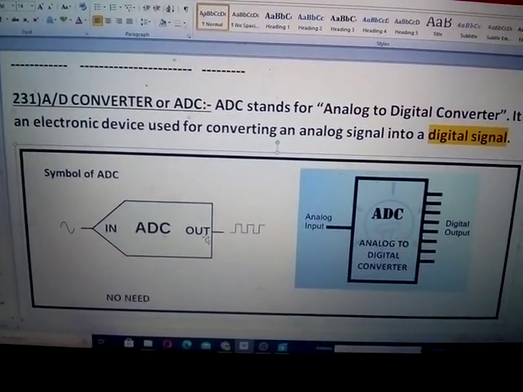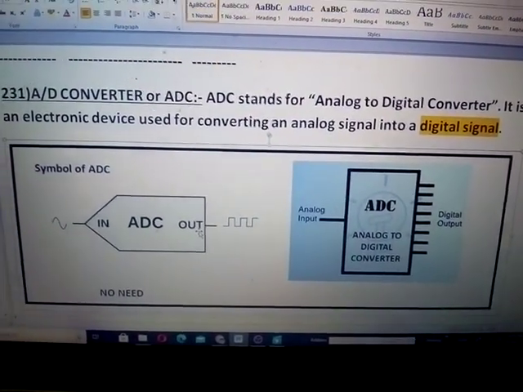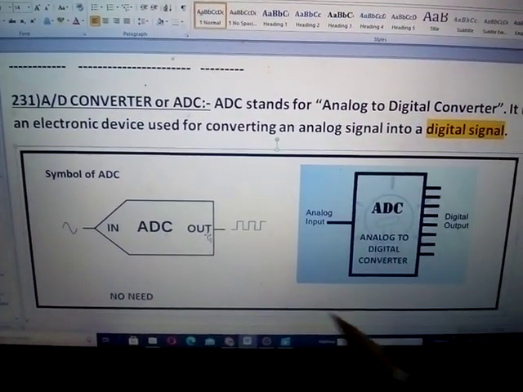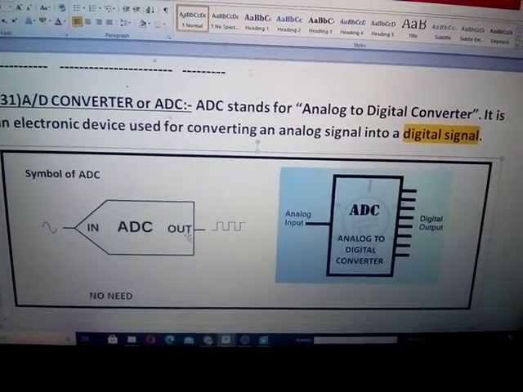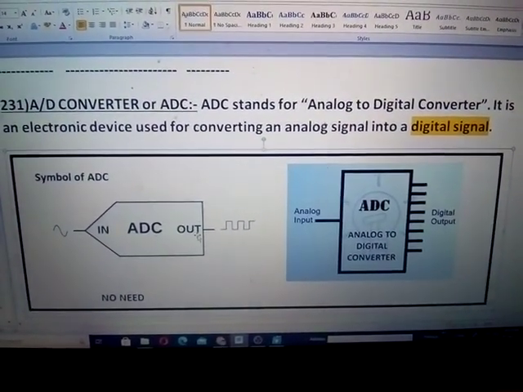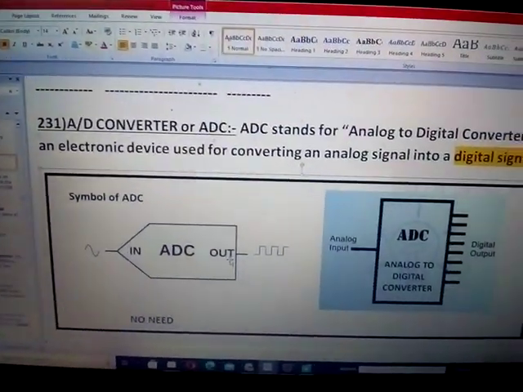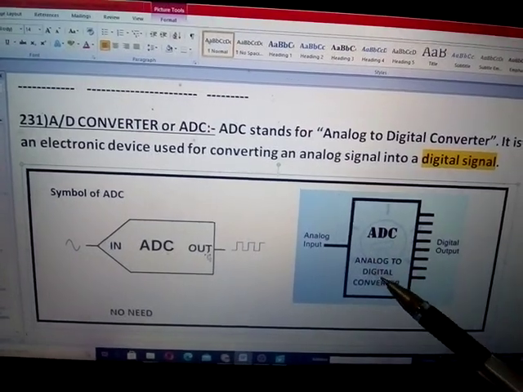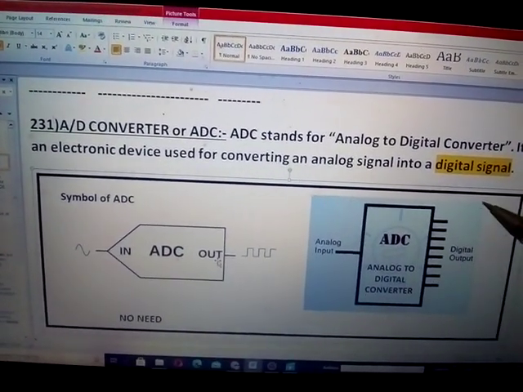Class 166 or 36 of Mechatronics, chapter 3: ADC, analog to digital converter. Here the symbol is like this. Analog input means a single line, and the digital output will have